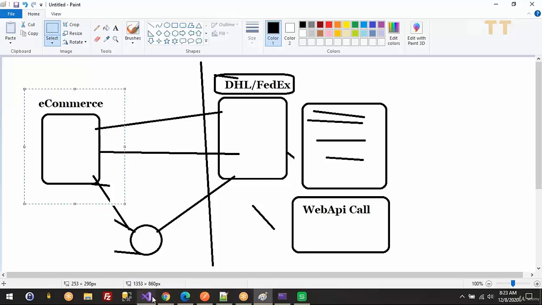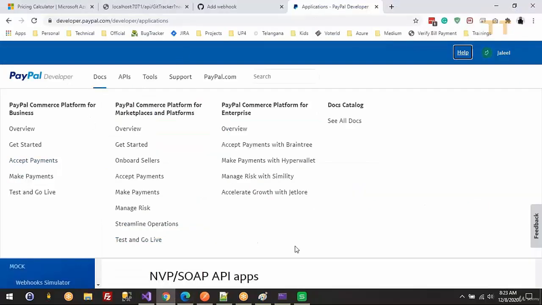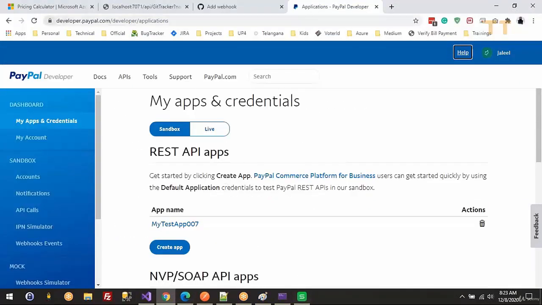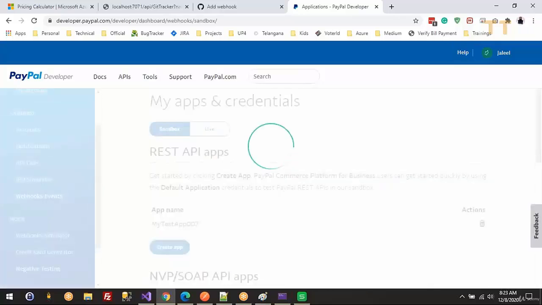We can use the webhook we have created and integrate it here. So I just logged into the developer account of PayPal. This is a testing account which they provide for developers. Once you log in, this is your dashboard. If you scroll down on the left side, I can add webhook events here. Okay, if I go to webhook events,